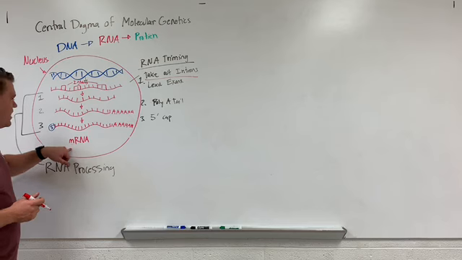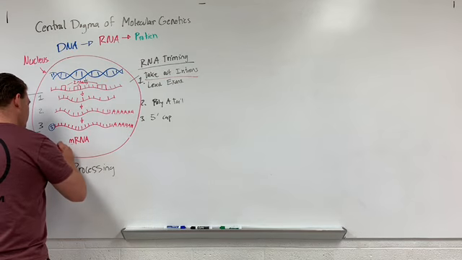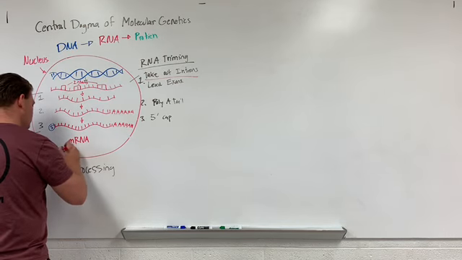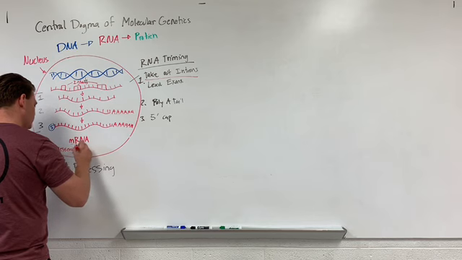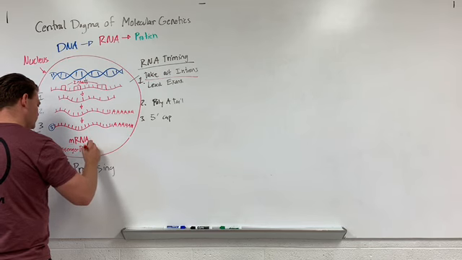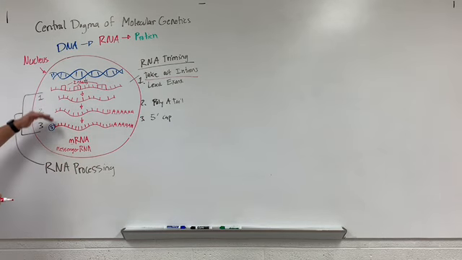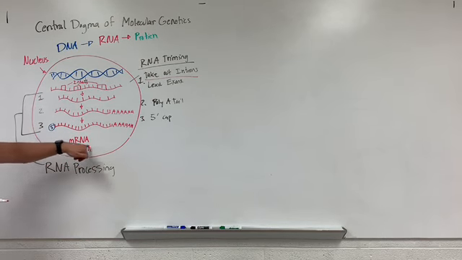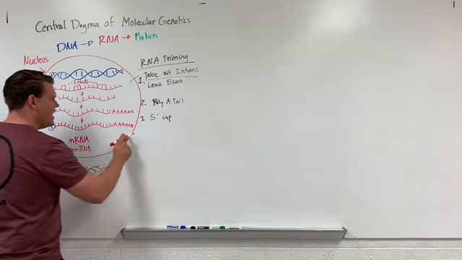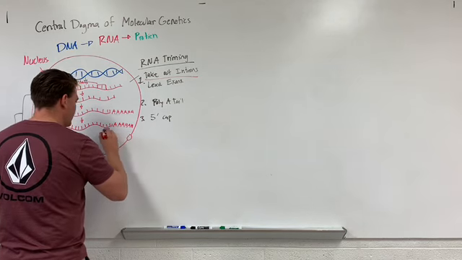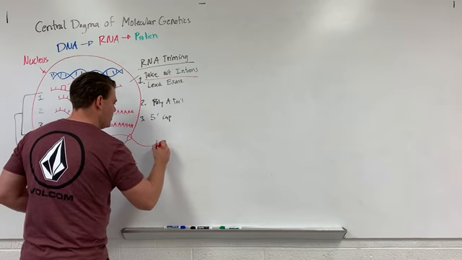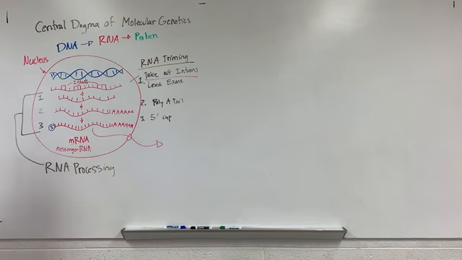Our mRNA stands for messenger. So once we go through all this processing of the RNA transcript, we now call it an mRNA, and now it can leave the nucleus to go find a ribosome to